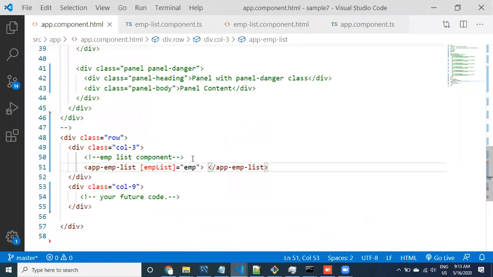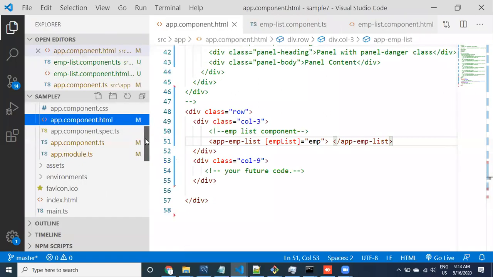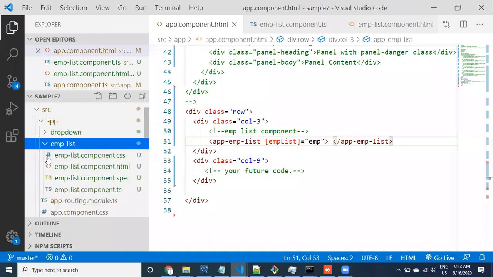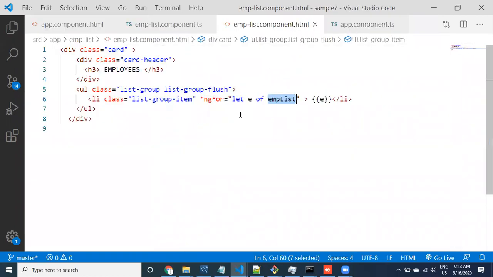Let us go to the employee list component class. This is the list item, right?